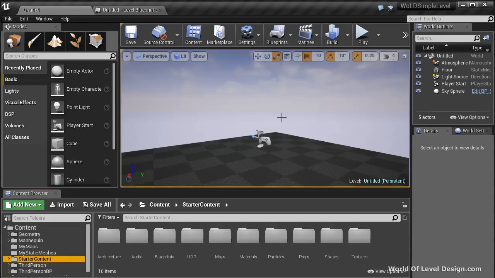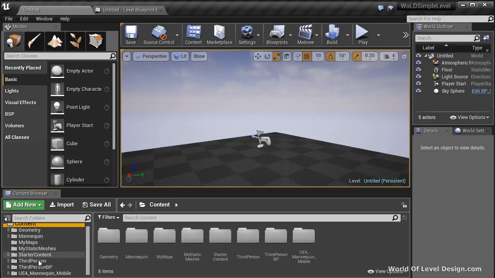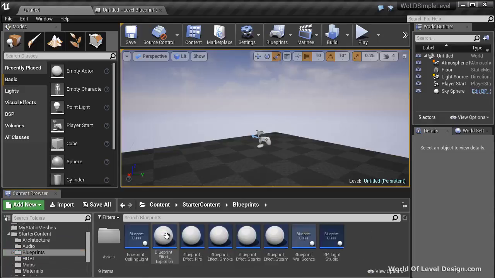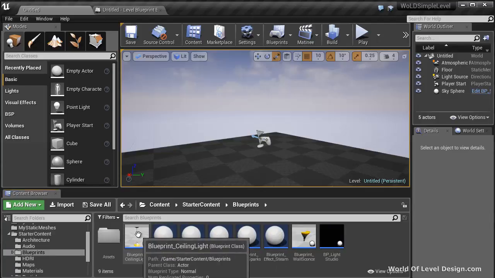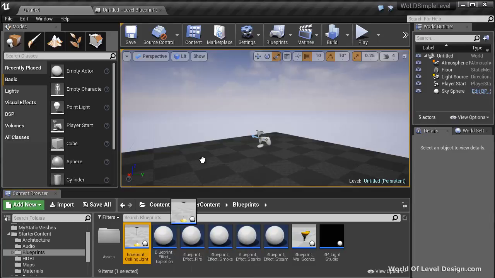One of the features of Blueprint is the ability to create class blueprints. Let me jump over to Content folder, go to Start Content, and go to Blueprint. Class blueprints are self-contained items that have behavior scripted into them. And once you've created a class blueprint, this can be used across any level and any project. And you would just simply